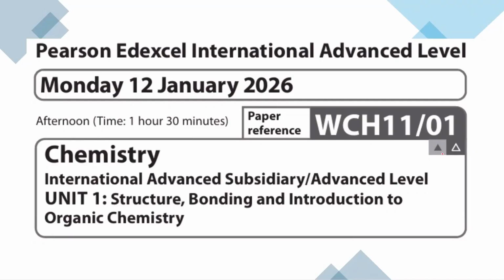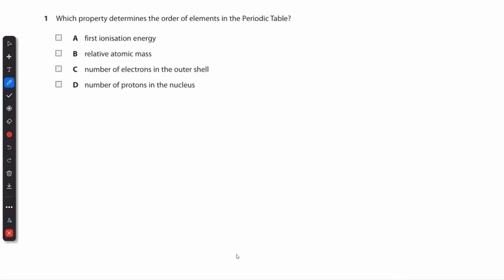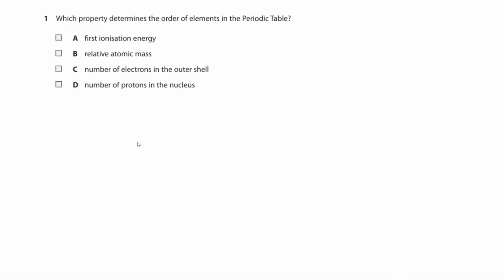So we are going to discuss the 2026 January Chemistry Unit 1 paper, and we are going to discuss the MCQ section. So the first question they are asking is, which property determines the order of elements in the periodic table? If you take the first few elements in the periodic table, the first element is hydrogen, after that we get helium, then the third element we have is lithium,